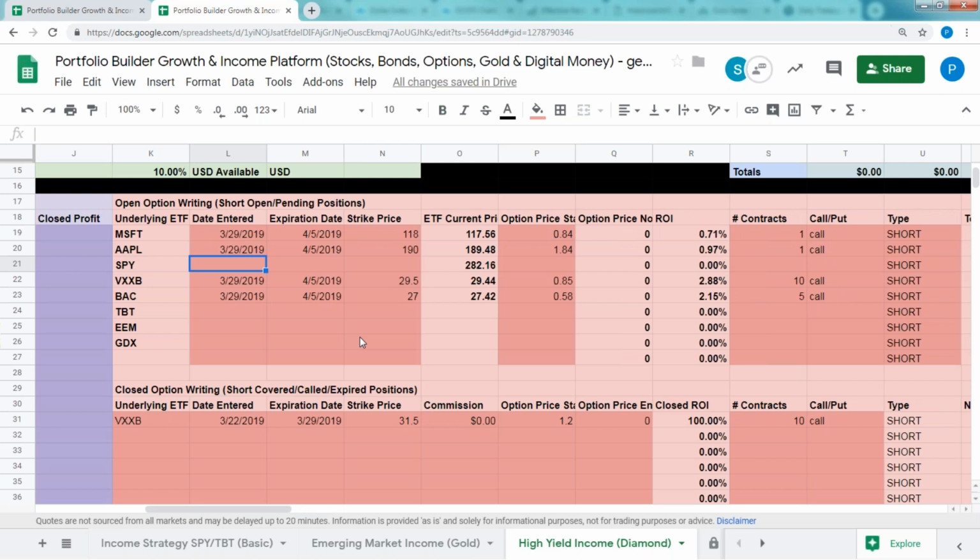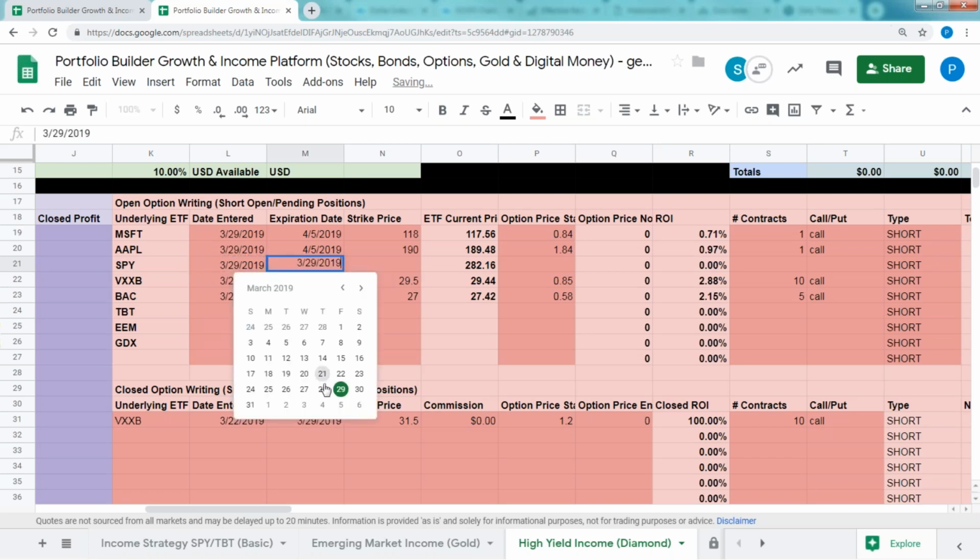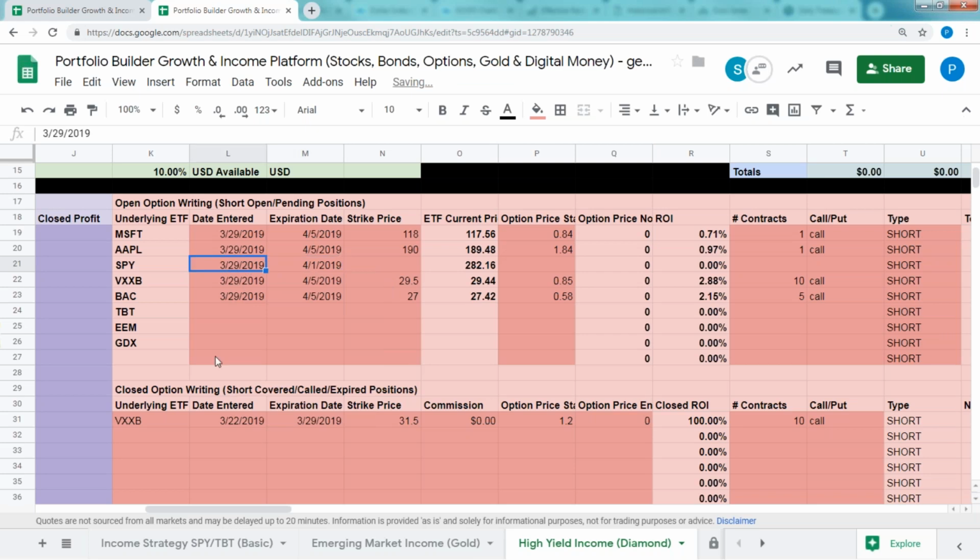Did you do your SPY? Yeah. Okay. These were just rollovers. But I rolled over a 279 for a 25-cent credit. Okay, wait, so